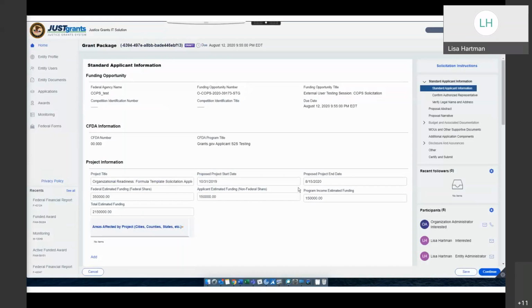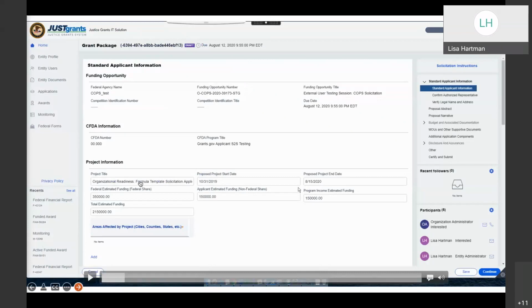So again, if you had to put some information in the SF424 in order to meet the deadline, you still have the ability to come in here and update that information if you have more information and you've made better decisions on your project. Now, the fields that you see in here, we're starting on the standard applicant information section,